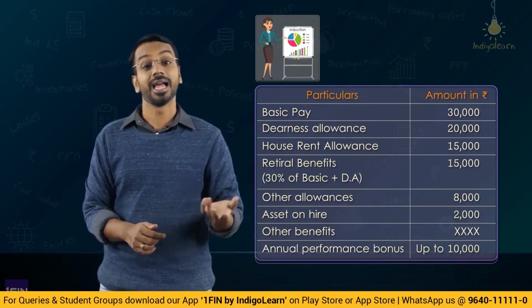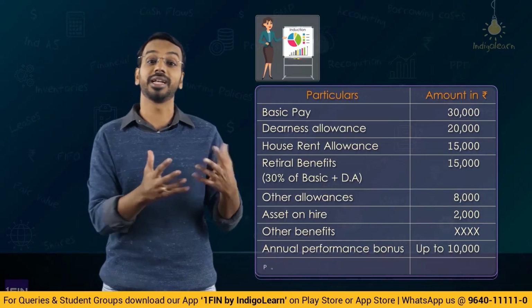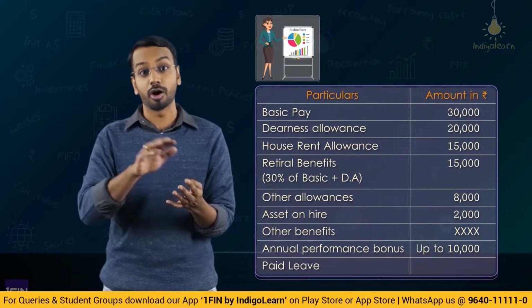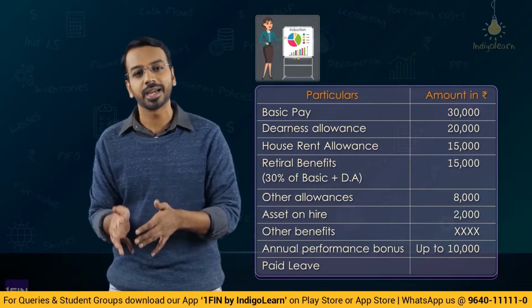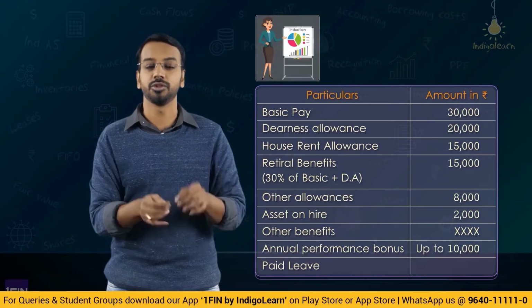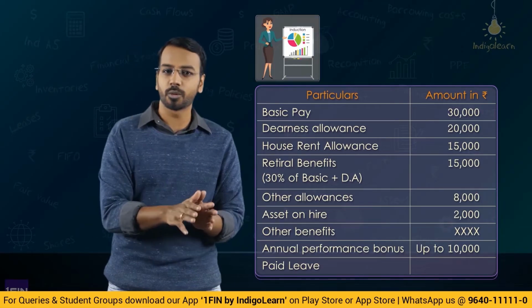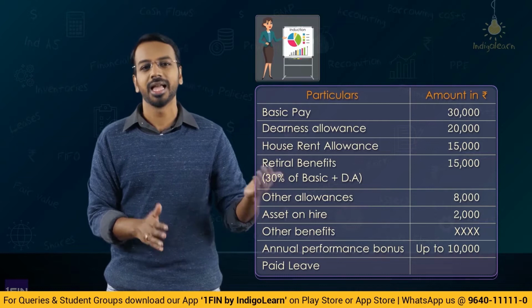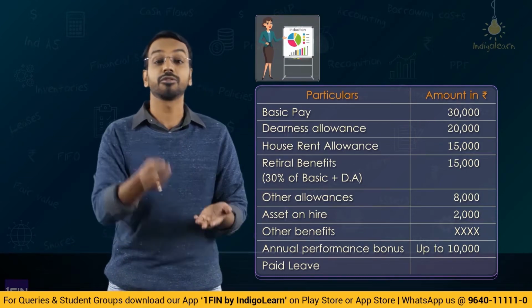Okay. Then another interesting component was something called paid leaves. The company said every month you are entitled to 3 paid leaves. Over and above your casual leaves, you are entitled to 3 paid leaves. Now, what is the meaning of these 3 paid leaves? If you want to take those leaves, you can take them in the current month. If you don't want, we'll carry it forward to the next month and so on, or to the next year. And even after that, if you don't take, you can actually encash it.